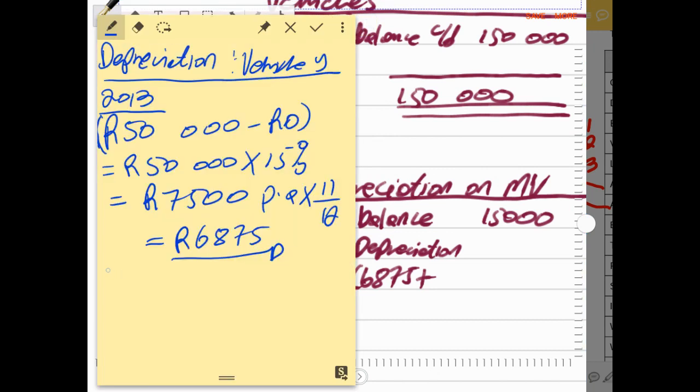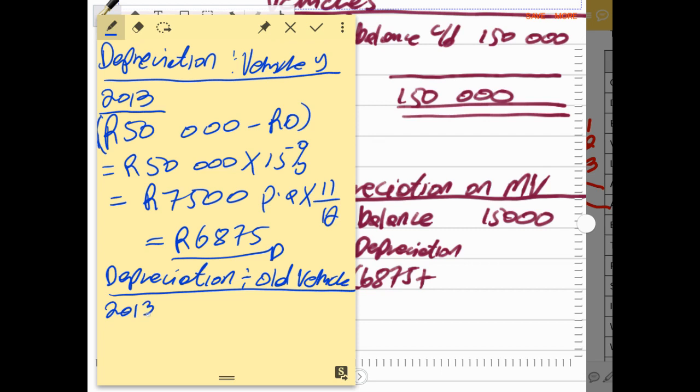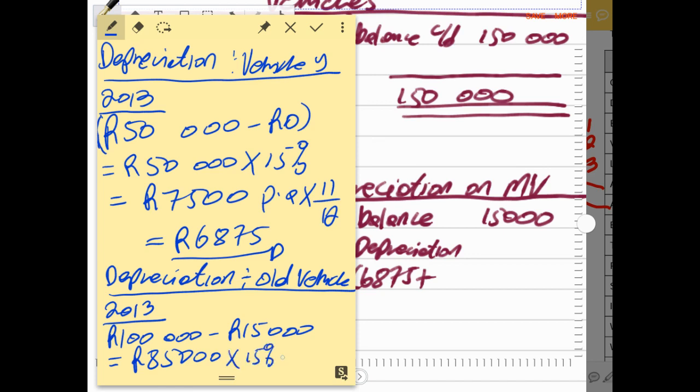So now let me calculate the depreciation for the so-called old vehicles. I will be calculating depreciation for the old vehicles, or for the other vehicles, for the current year 2013. So now I know that the cost of the old vehicles is 100,000 minus accumulated depreciation of 15,000, and that will give me an amount of 85,000 rands. Then it was there for the full year. First, we have to multiply by 15% to get to the depreciation for the year. So 85,000 rands times 15% will give us